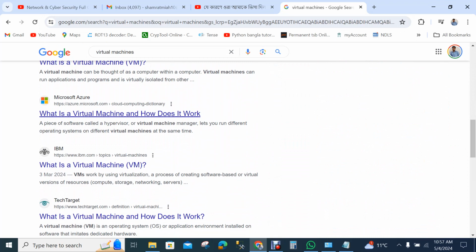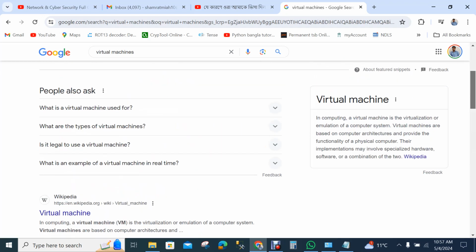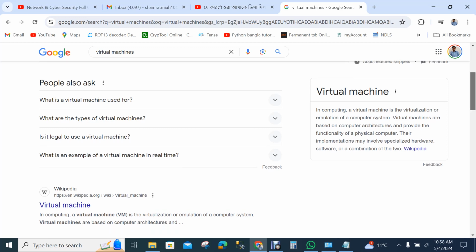If I go from here, we will find some virtual machines such as VMware, VirtualBox, KVM, and hypervisor. Those are the types of virtual machines we can use.